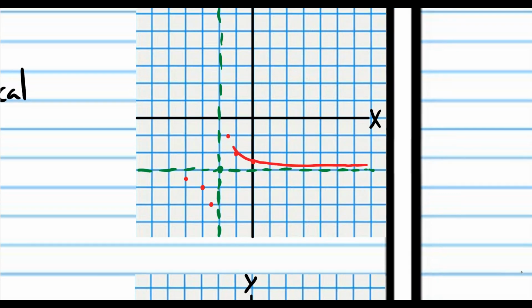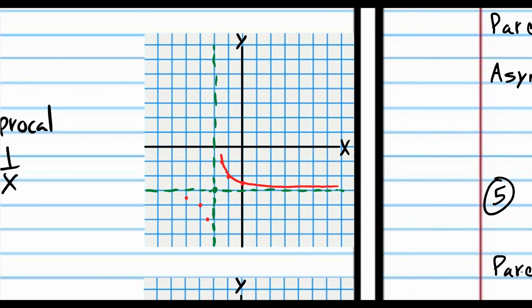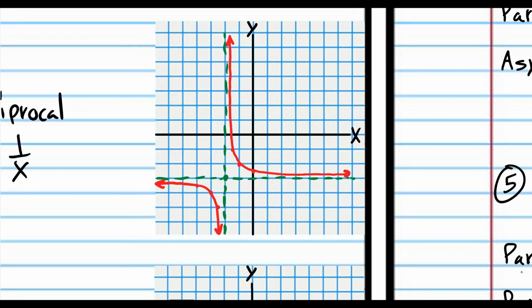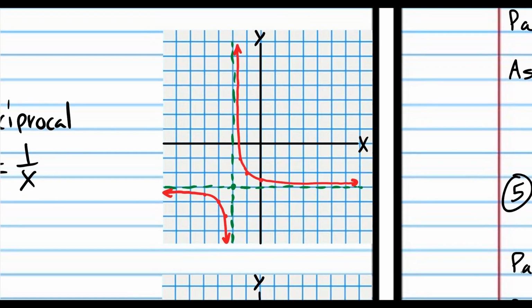understanding that our graph, as it goes up, it gets closer and closer to that dotted line. It never touches. And as it goes to the right, it gets closer and closer to that dotted line. And as it goes down, it gets closer and closer to the dotted line. And as it goes to the left, it gets closer and closer. And that is it. That is the graph. So as you can see, it's not that difficult to graph the relation,